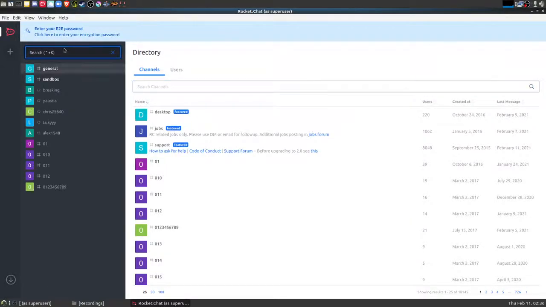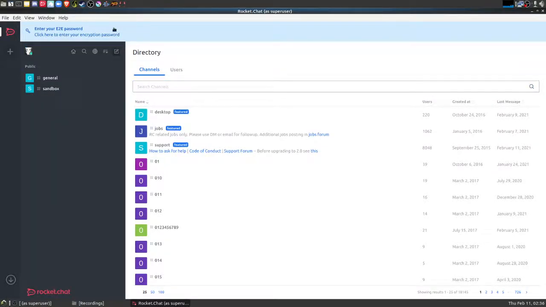So let's see. With search, you can search for a specific channel that you'd like. If there's a whole lot of channels, that can be a little bit easier. You can change the way that you're filtering things for your convenience. You can also create new channels. You can set up permissions for different roles, just like you can in Discord. Basically, everything that's not video and voice, for the most part, is available in Slack, and it's for the most part available in Rocket Chat. And you can also add additional servers. They'll pop up like this, to where you can just click the one you want to be in.